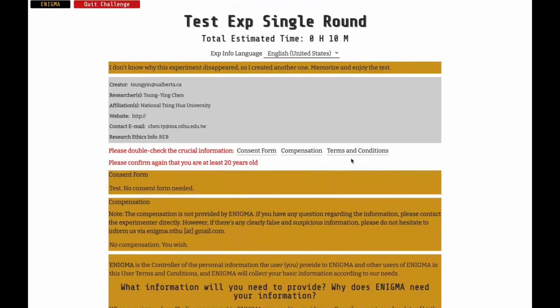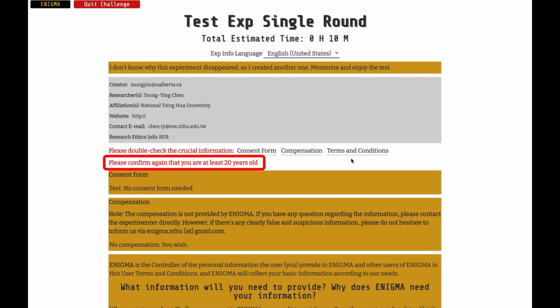Next, Enigma helps the experimenters to highlight the importance of the age threshold. While we always trust that you register your Challenger account with genuine personal information, we still need to confirm once more that you indeed passed the age threshold set by the experimenters to protect your rights.